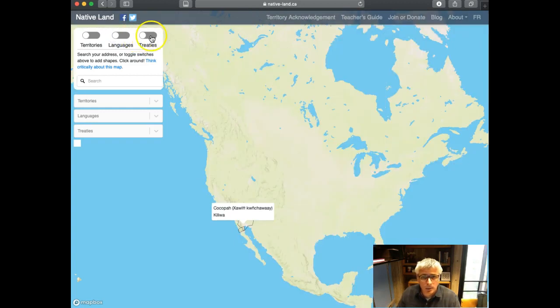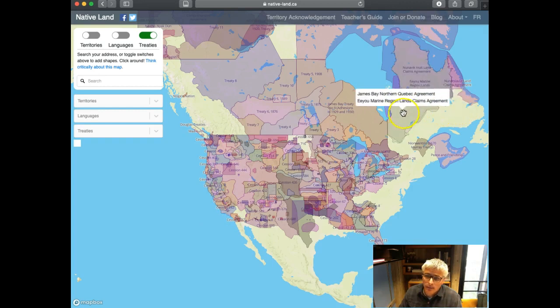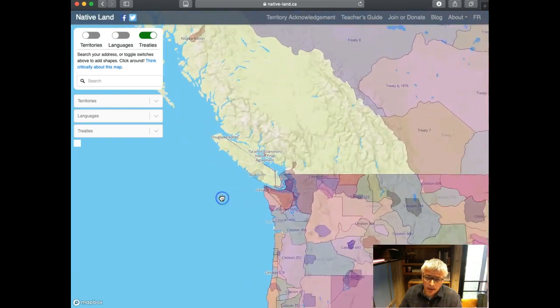And I think what's interesting when we're thinking about the differences between U.S. and Canada is if we look at the number of treaties. So you can see in the eastern U.S. there were very few treaties signed. In the western U.S. a fair amount more. In Canada it's largely the opposite, where they have large treaties in the east and central Canada, but on the west shockingly few treaties. So if we can zoom in and think about the Salish Sea here,